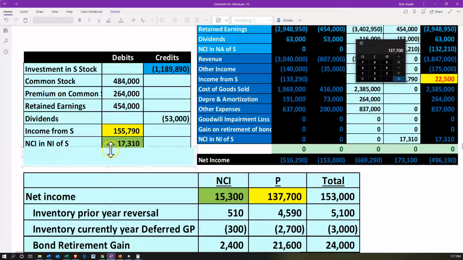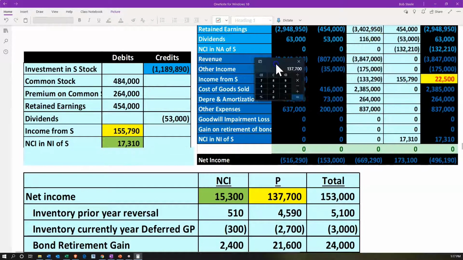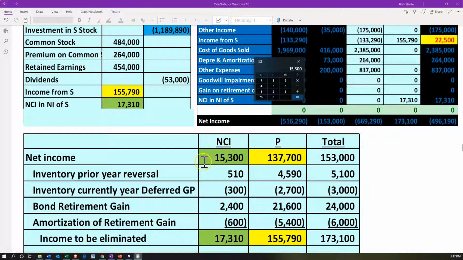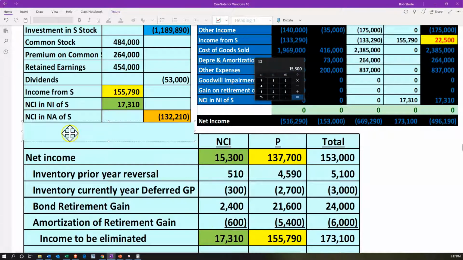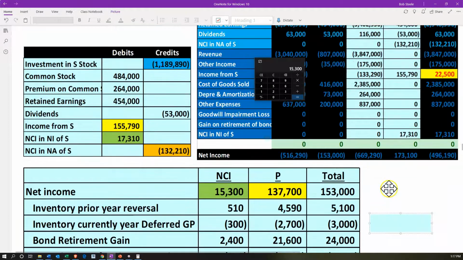Then we're going to have the non-controlling interest in net income. That's going to be normally calculated as the 153,000, taking that net income times the non-controlling interest, 0.1, which would be that 15,300 here, but we're changing it according to the table to 17,310. So there's the 17,310. Then we're going to have the non-controlling interest in the net assets, NA, which would normally